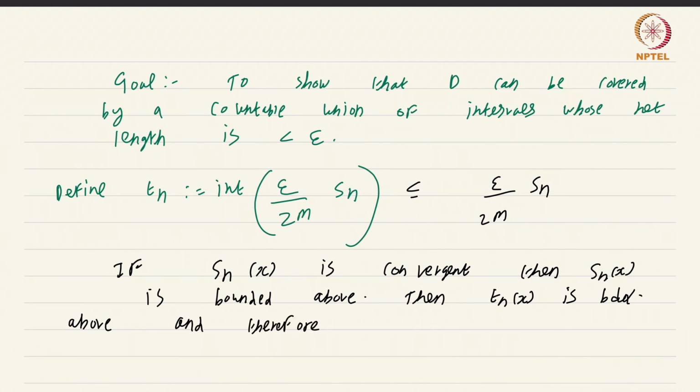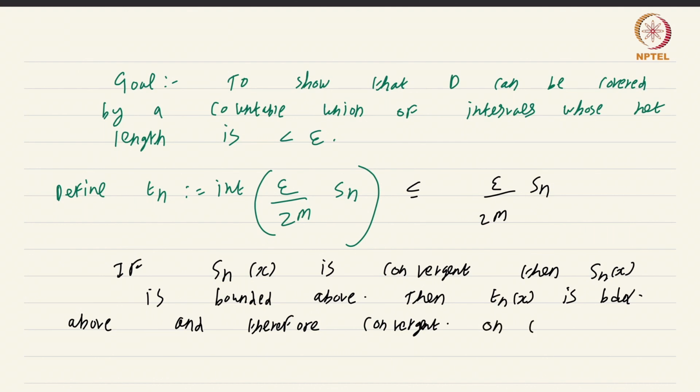In fact, because Tn is integer valued, the only way by which Tn could converge is after a point it becomes constant. So this is just a concrete version of the abstract fact that any convergent sequence in a discrete metric space must be eventually constant. This is a concrete realization of a fact you're familiar with from several weeks ago. So Tn(x), being integer valued, will have to be eventually constant provided Sn(x) converges.